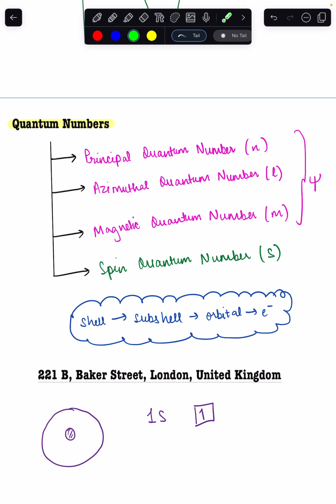Like we are narrowing it down. Are you getting my point? I just want to explain how slowly we are narrowing it down. Okay,